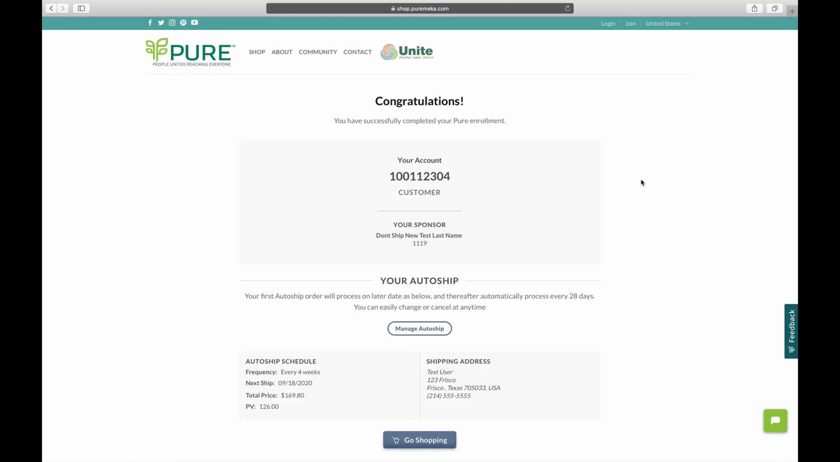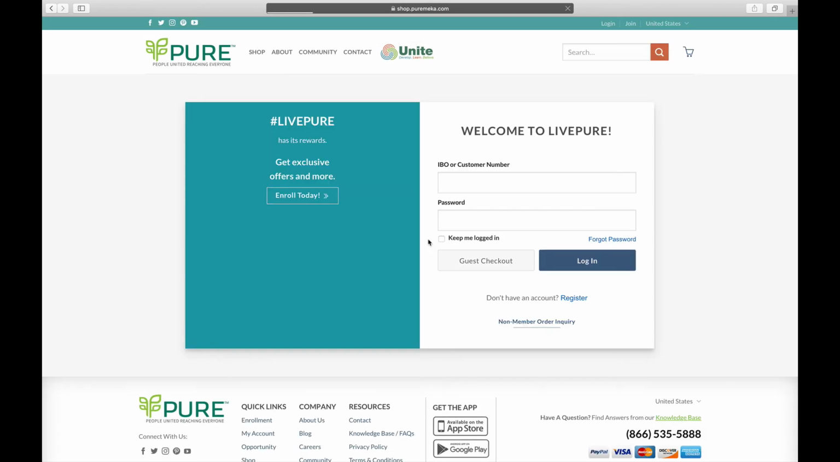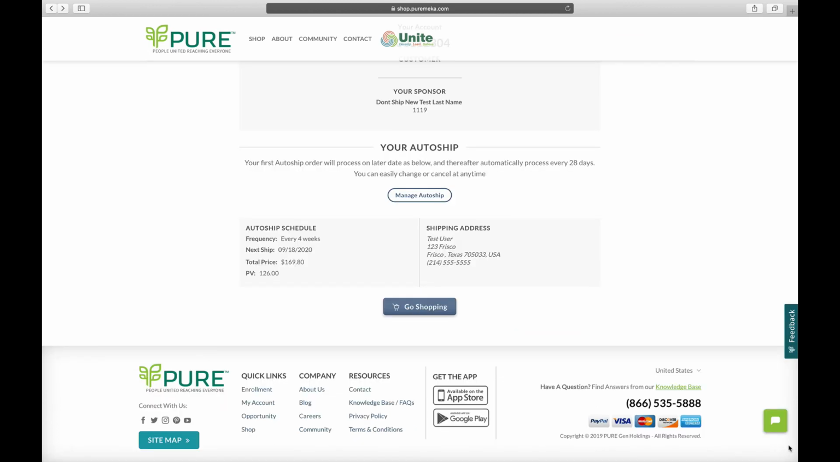On the confirmation page, you'll receive your customer number. The next time you log in, you'll use this customer number as your username to log in. You can click Manage Auto Ship to edit your auto ship if you need, and the system will ask you to log in. If you have any questions about enrollment or your account, feel free to reference our knowledge base